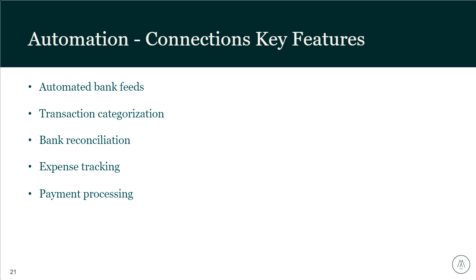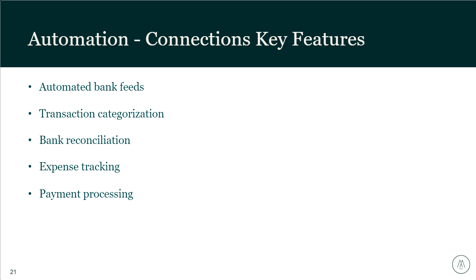Real-time updates. Transactions are updated in real time or at regular intervals, ensuring the financial data is current. Transaction automatic categorization. Some systems can automatically categorize imported transactions based on predefined rules, reducing manual data entry. Streamlined reconciliations. Automated bank connections simplify the reconciliation process by matching imported bank transactions with recorded transactions in the accounting software. Alerts for discrepancies. Users can receive alerts for any discrepancy between bank statements and accounting records.